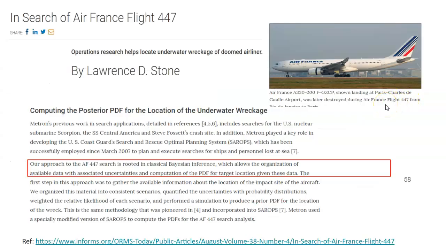Here is an example where a plane went down. It was in water, and they said they used Bayesian inference. I tried to look up exactly what it was, but I couldn't find the actual models. My guess is they had pilots saying, these are areas where it's more likely or less likely, or this is what the pilot was likely to have done, combined with information that they were able to get from the plane as it was going down, or things said on radio, flight plan, that sort of stuff. Put it all together, and they were able to locate where that plane was.